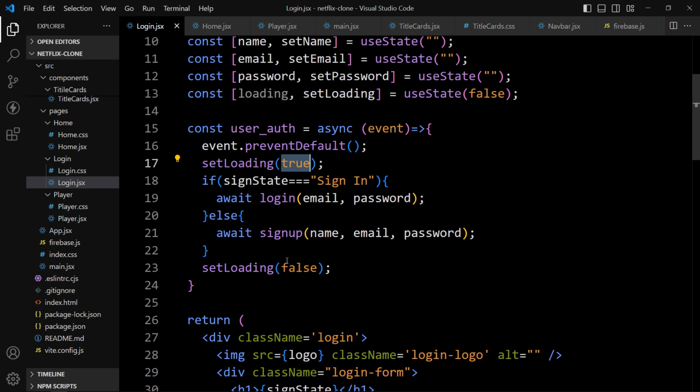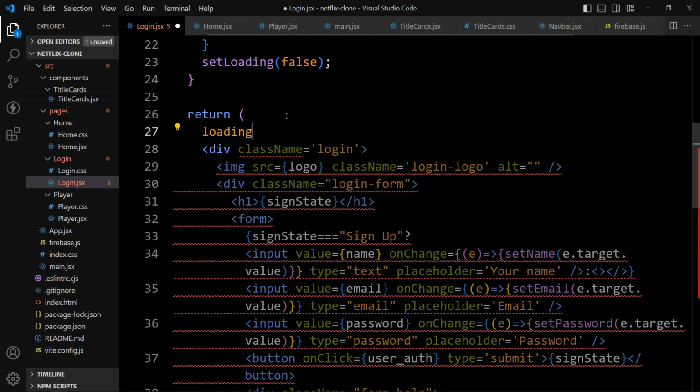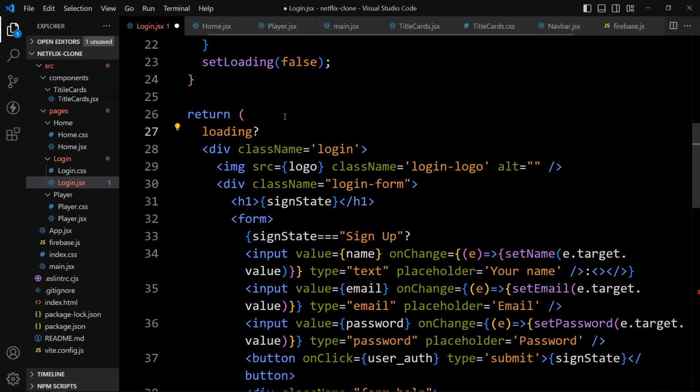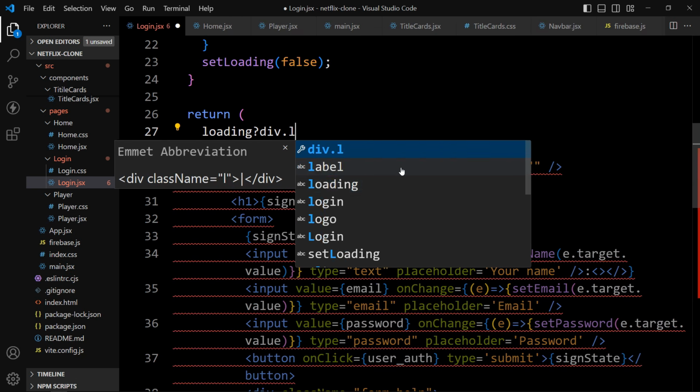Next we have to add this on our web page. So here in this return statement, we will add loading. And we will check if the loading is true. In that case, we will display the loading GIF. So here we will create one div. Let's add one div with the class name login spinner.